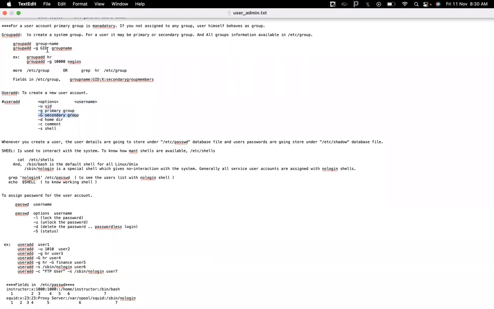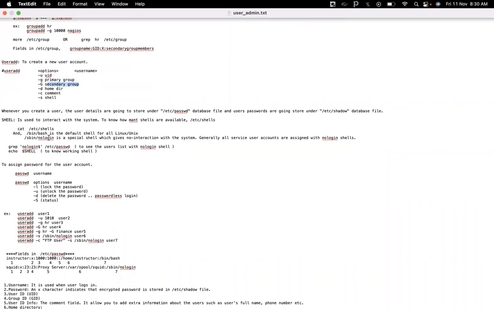Here, how many groups are created? HR group and NAGIOS group are created. So Hari's primary group is NAGIOS and the secondary group is HR. -d means the home directory, -c means comment, -s means shell. So whenever you create a user, the user details are going to be stored under